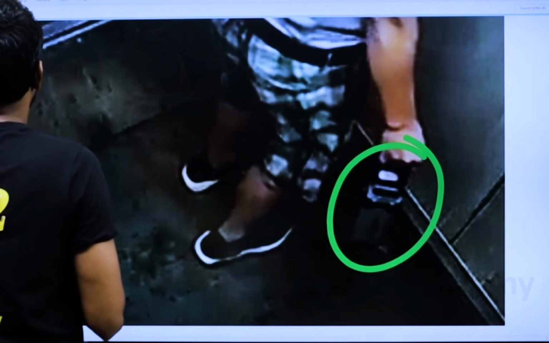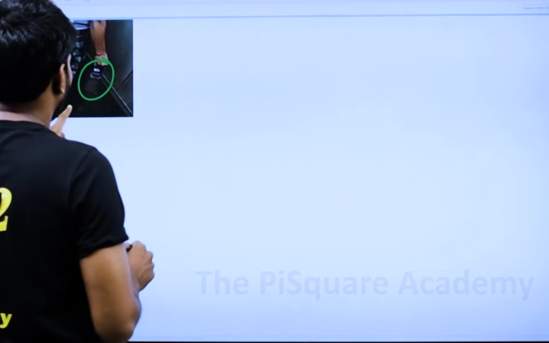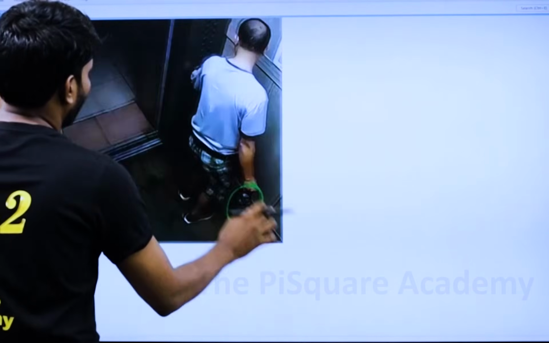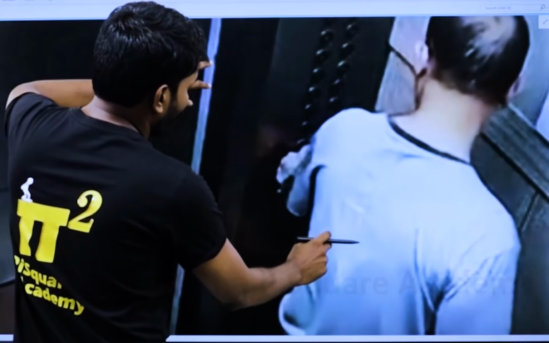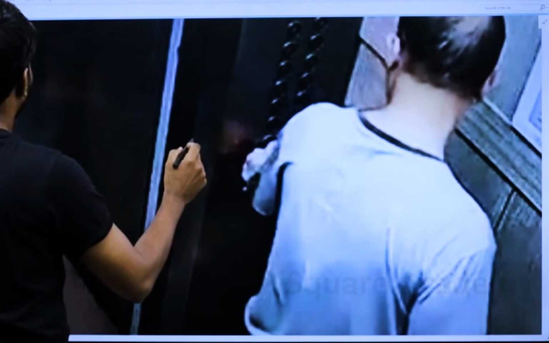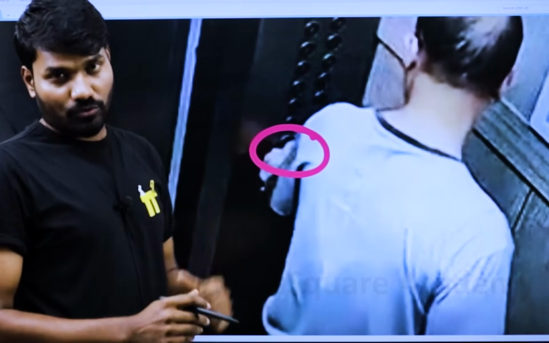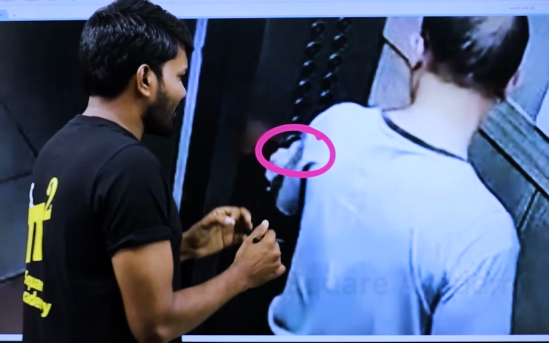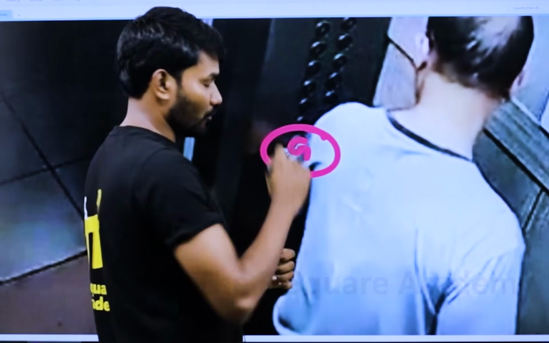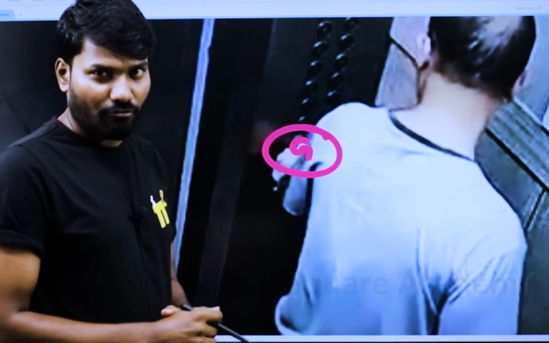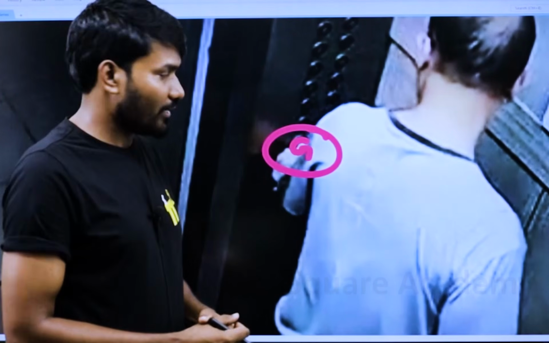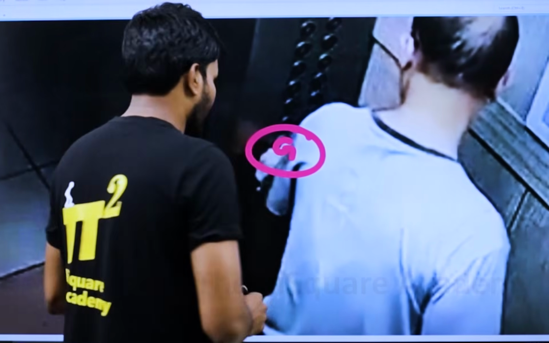The micro detail I'm giving is, look at this portion. He is pressing the first floor, or I guess he must be pressing the ground floor. Okay, first floor or ground floor, I'll tell you why I'm talking about this.